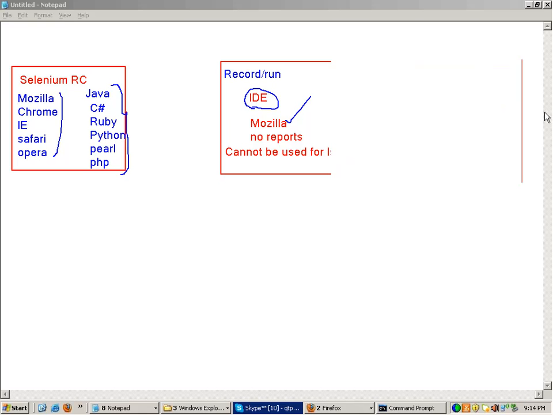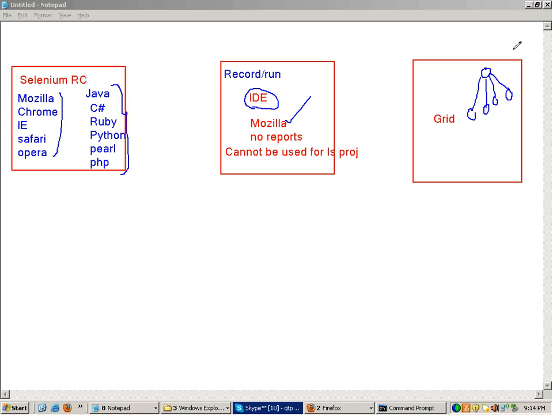So RC was primarily made by those people to test their own internal applications, but it got famous and Google also started using it. So there were many drawbacks in RC. The API was also very complex. Now what Google and these sort of people did, they evolved a new version,